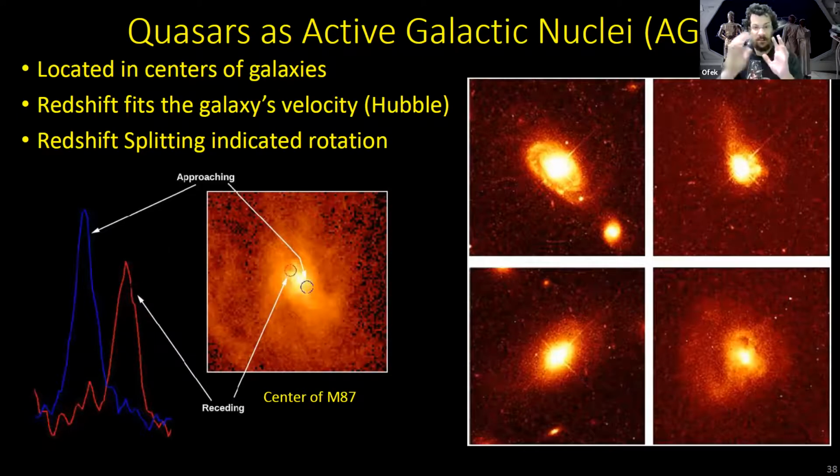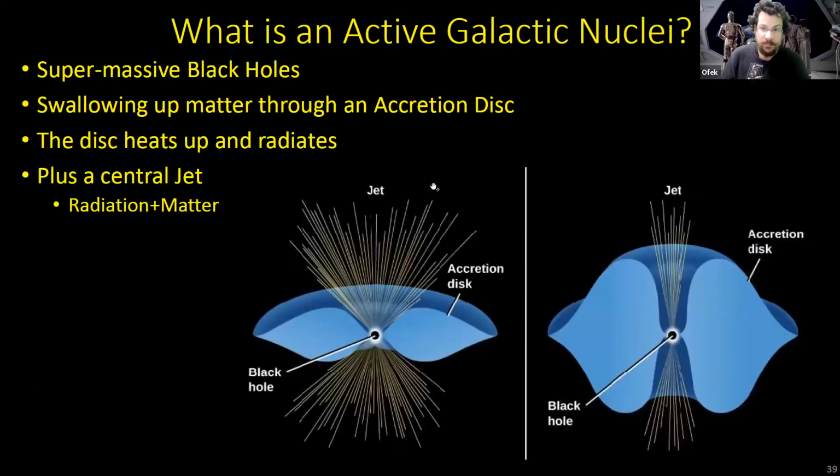And we can see the splitting for the rotation, we can understand that this, in fact, is a separate galaxy far away from us. We can measure it. We can estimate the galaxy's velocity by Hubble's law, which we'll talk about in 2 weeks about cosmology. And we can see that this is, in fact, a supermassive, super bright object at the center of a different galaxy. And we can see that it could be as bright as a galaxy.